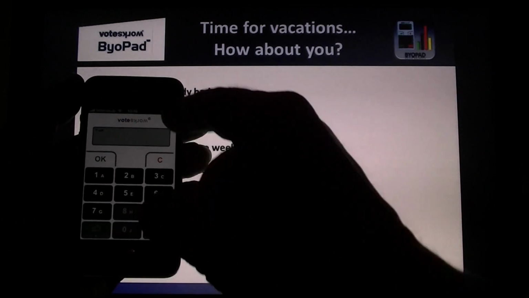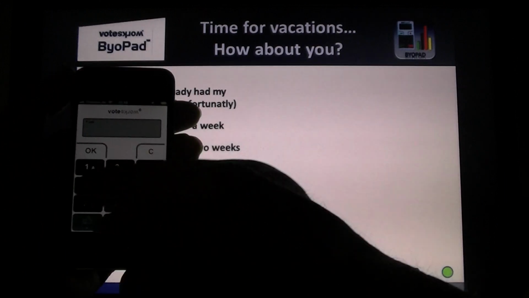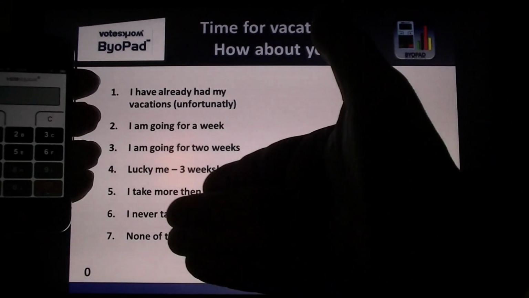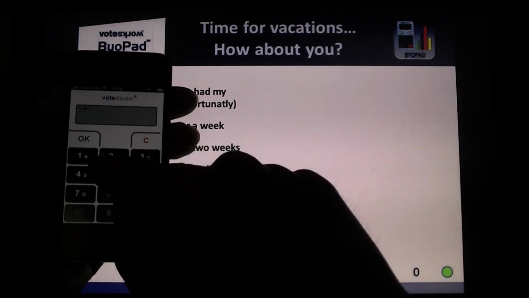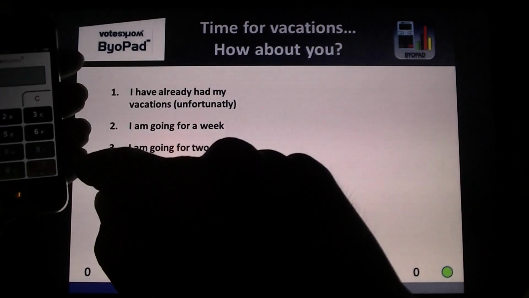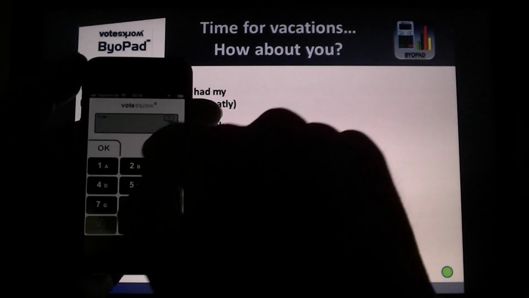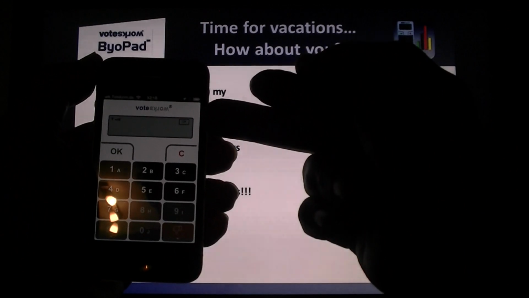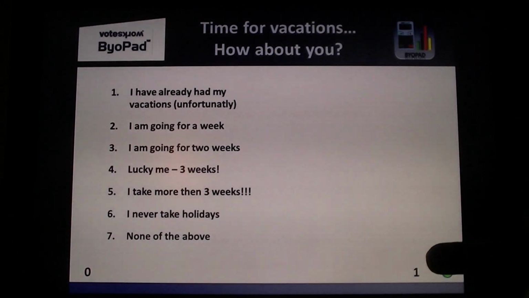Now, as you can see, it has been woken up, and we see the 7 options being made available on our keypad, as shown here, and you can't fail in pressing the wrong answer. If you press, for example, 2 because you're going for a week, you simply press the button, you see the figure showing up here, you get a receipt, okay, and the voting is already in,